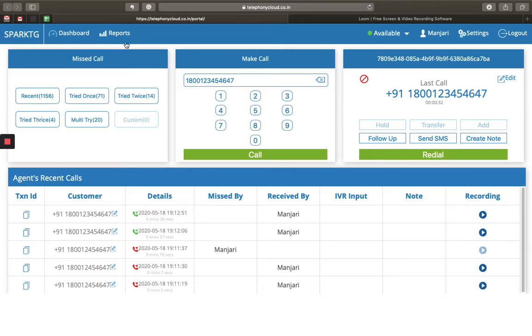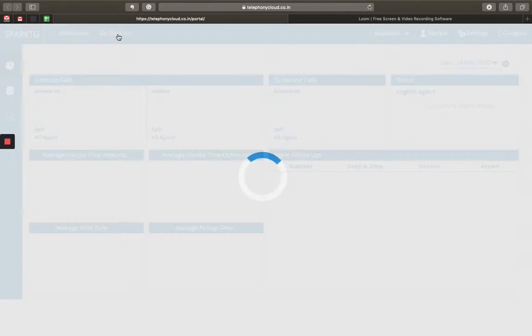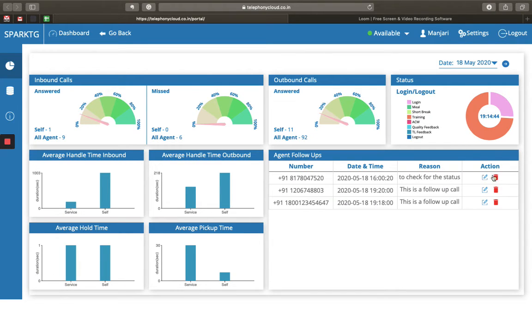Right, now we can go to the reports of the agent. Now if we look at the report section of the agent, so what you see here is more to understand how you are faring against the other agents of the service. Right, so if there were total 9 calls for the inbound calls for the service, one was answered by the agent who's looking at the report, how many missed, how many hours. So these are different tools that help you understand that.